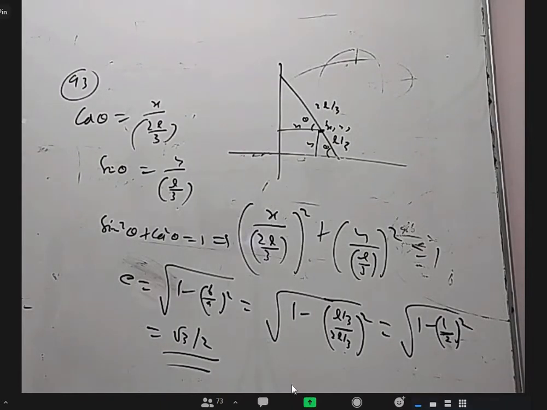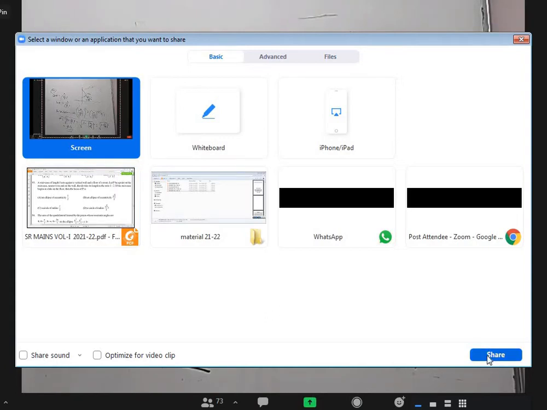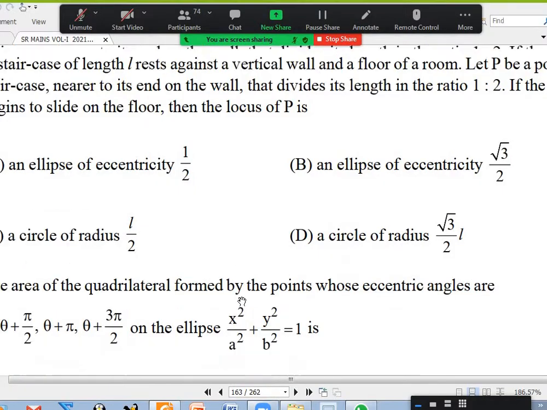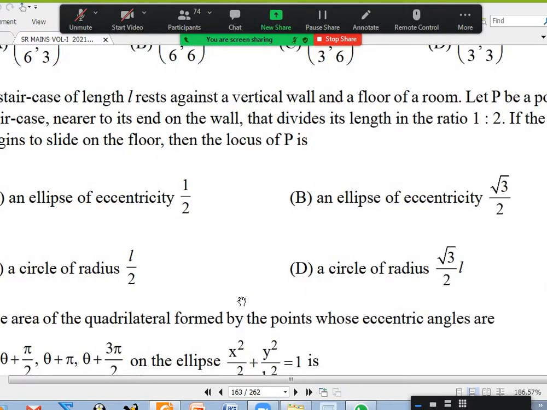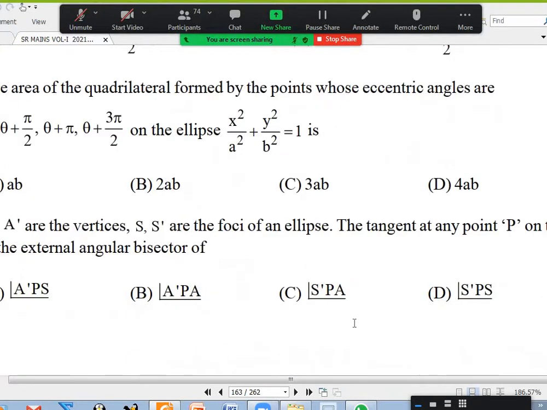These are some miscellaneous questions or past year mains questions, I think they were kept here. Is it okay, 93? Yes, sir. Anybody doubt about 94? You can easily do it by the objective method when you take theta 0. But even if you take any theta, you will get 4 points. Obviously, they will form a parallelogram. In that, you find one triangle's area, multiply with 4, and you will get it.